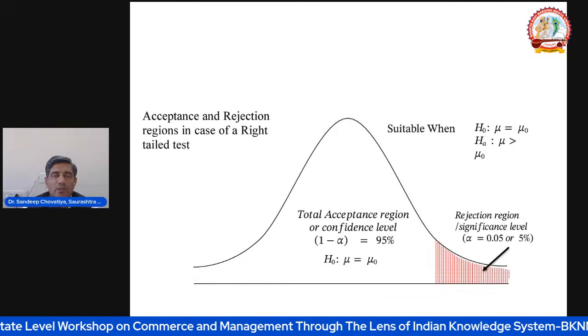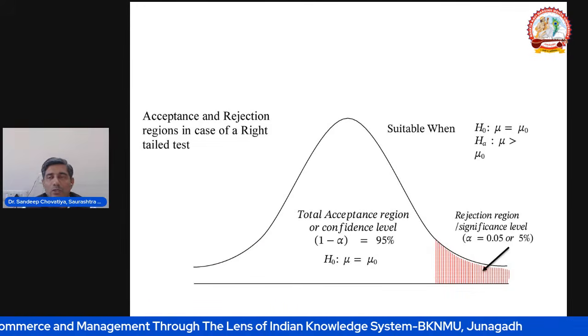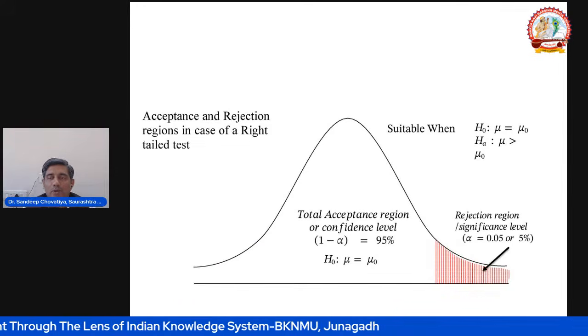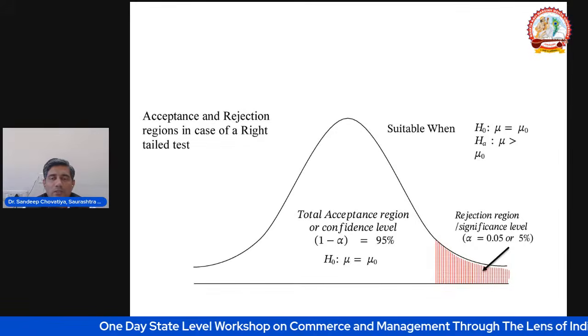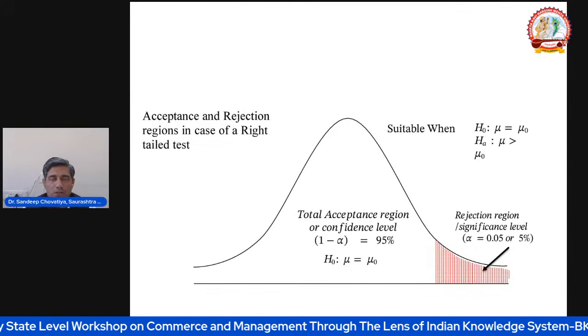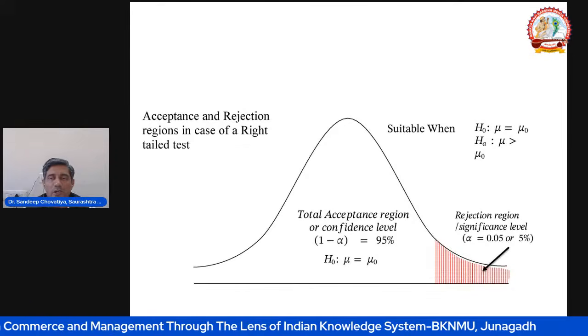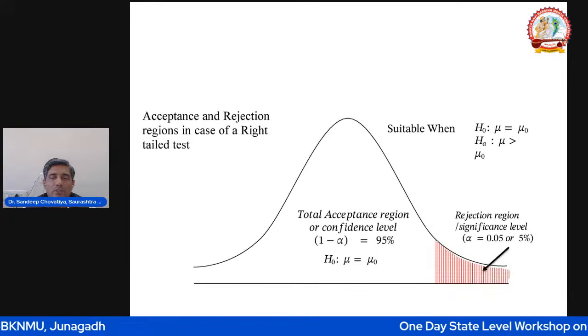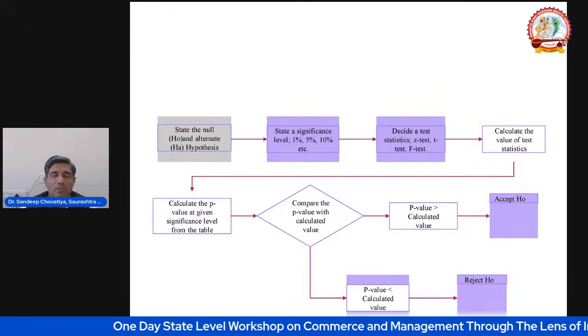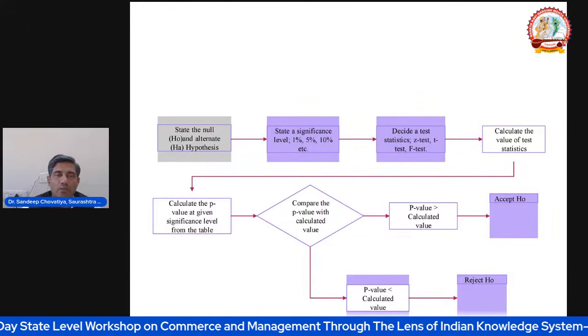Simultaneously, when we discuss the right tail test, we see that in the null hypothesis, if our population mean is greater than our sample mean, then this is known as a right tail test. So likewise, this is the data distribution when we discuss the acceptance or rejection of our hypothesis, or the significance level, acceptance level, or confidence level we select. When we discuss the entire process of our analysis, first